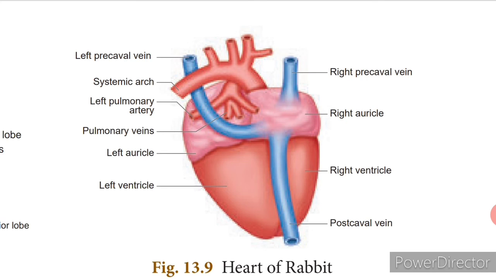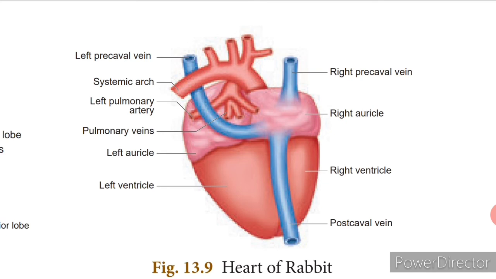Now this heart is present in the thoracic cavity, and these are enclosed by a membrane, that is the outermost covering, which is called the pericardium. The four-chambered heart is present in the rabbit. It consists of two auricles and two ventricles. The right and the left auricles are separated by the interauricular septum. Now similarly, you have the left and the right ventricle, isn't it? And these are separated by the interventricular septum.